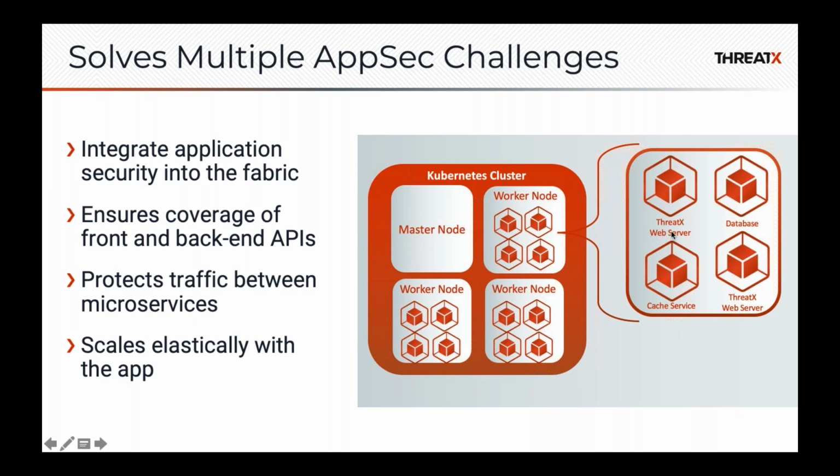What these web services correspond to would be internal microservice APIs, like a RESTful JSON API or something like that. And so what you can easily do is what's called a sidecar pattern, where you're running the WAF instance in the same pod or the same virtual instance as the web service